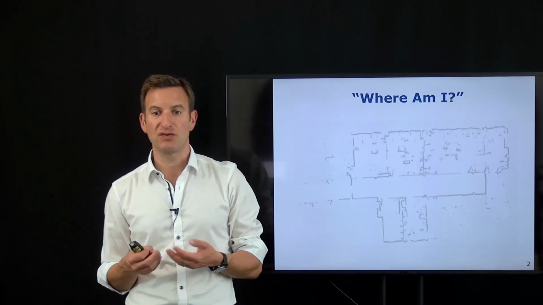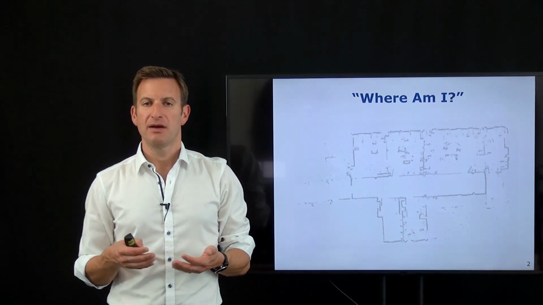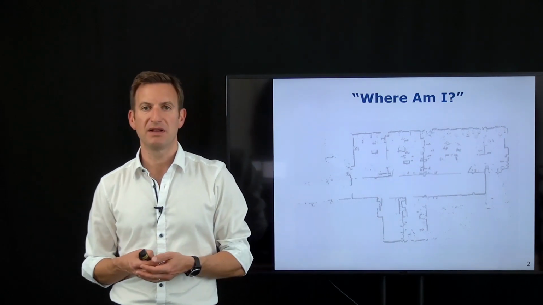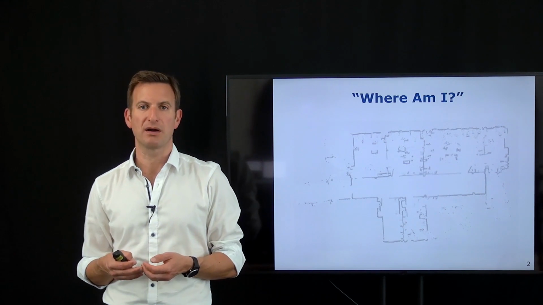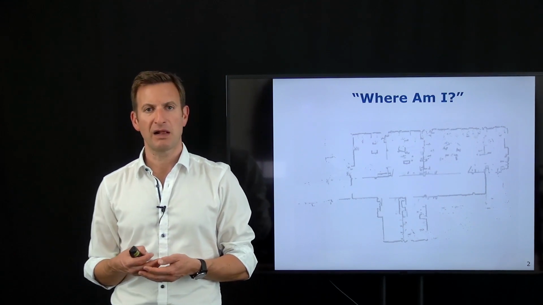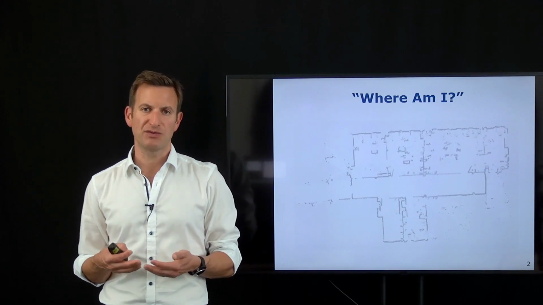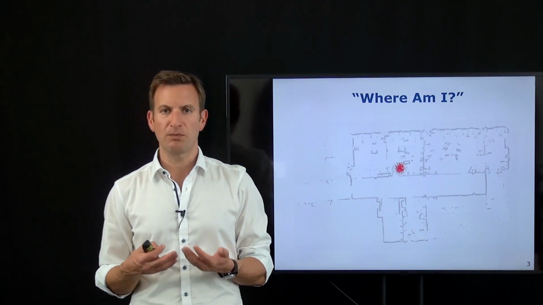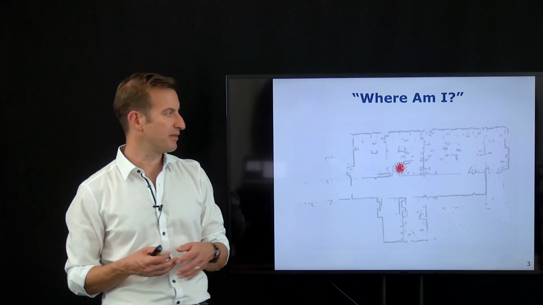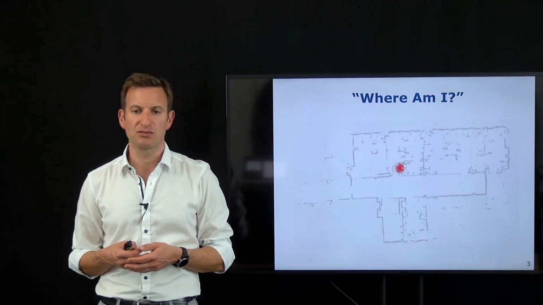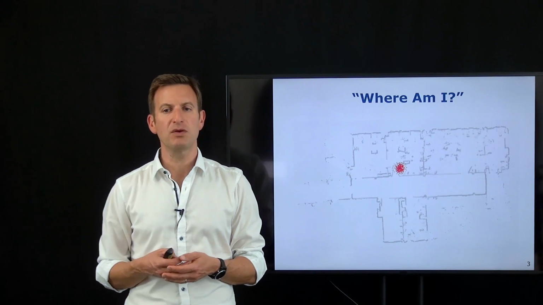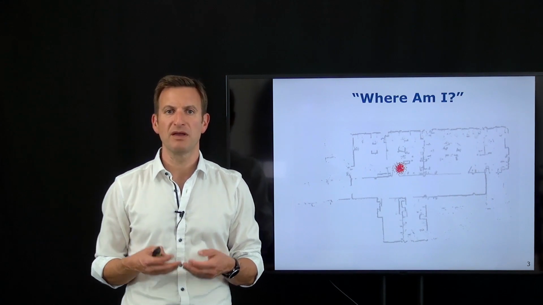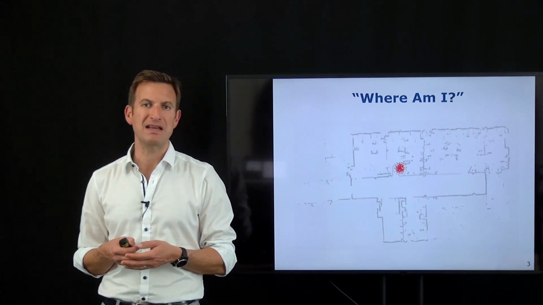So we want to answer the question, where am I or where is the robot? And we typically assume that we have a map of the environment. Again, we have this underlying map here, like an occupancy grid map, and want to estimate where we are. If you would use a Kalman filter or extended Kalman filter, this would result in a Gaussian distribution describing where the system is. What we want to do today is use particles, or so-called samples or pose hypotheses, here indicated by those red dots, which describe where the system could be.